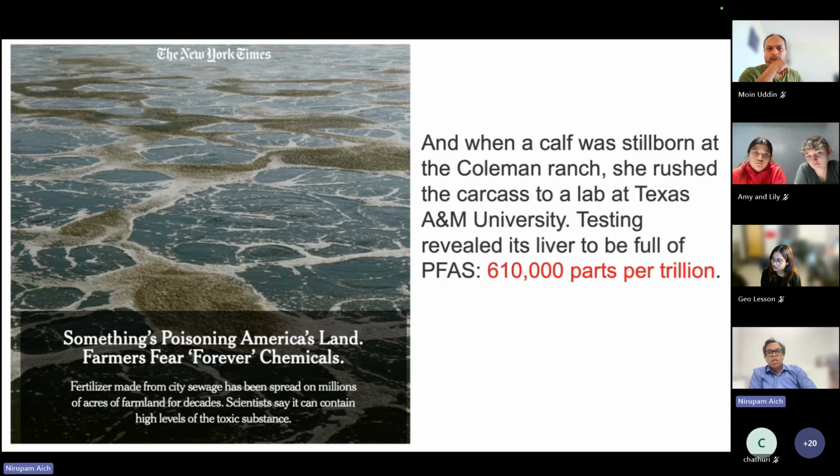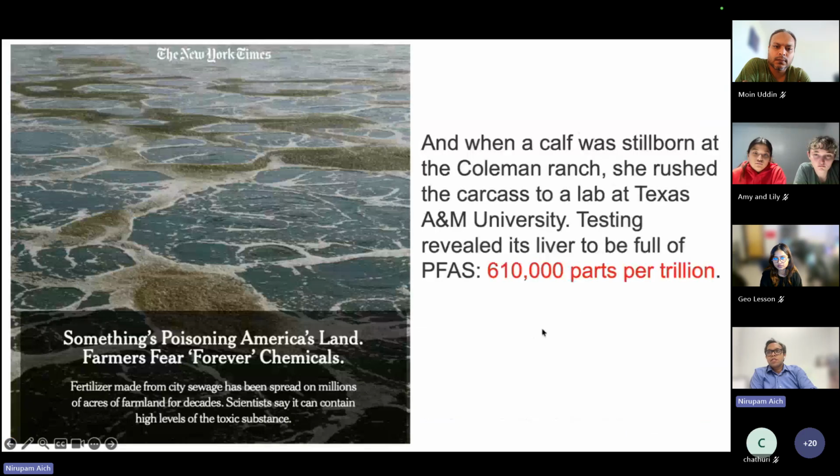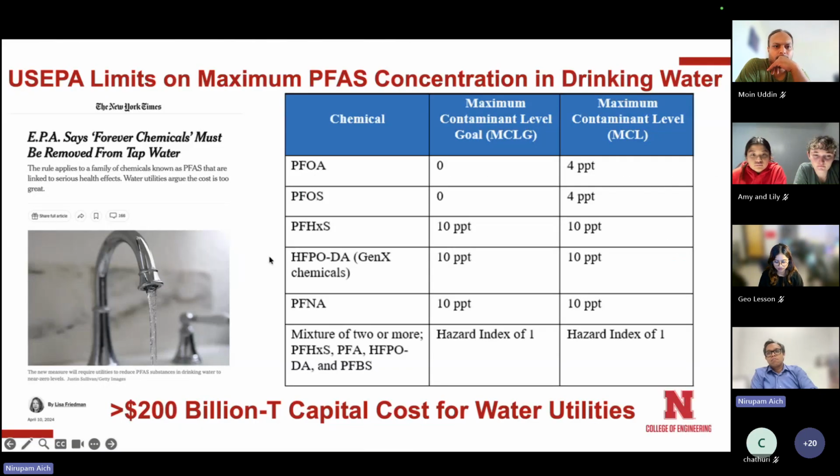So when we look at what EPA suggested for PFAS regulation, the maximum safe contaminant level that was proposed in drinking water for PFOA and PFOS back in 2024 is 4 parts per trillion. So just compare this 4 parts per trillion versus 600,000 parts per trillion. It's a huge amount. You have to understand that compared to nitrate and other contaminants, with PFAS you need a very, very small amount for a chronic dose to have issues, okay?